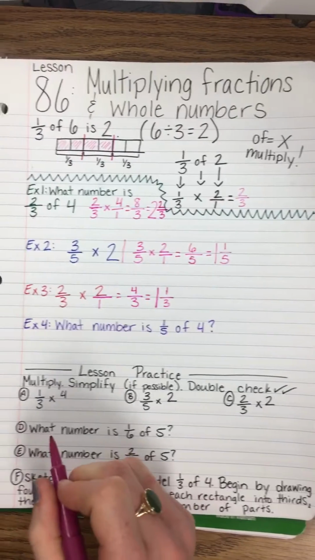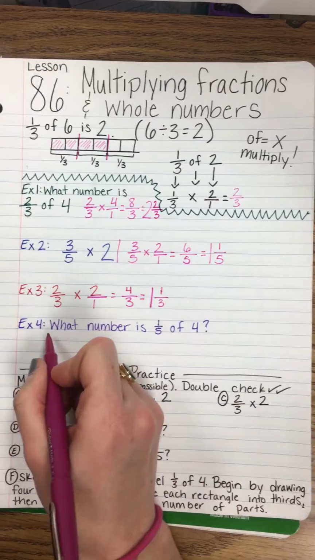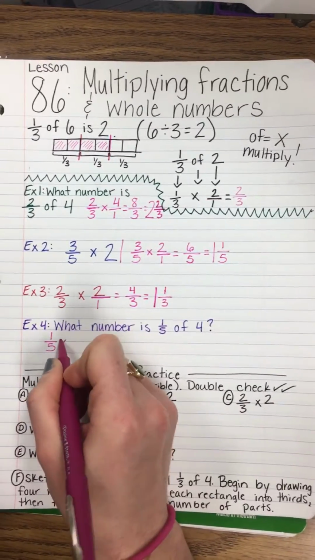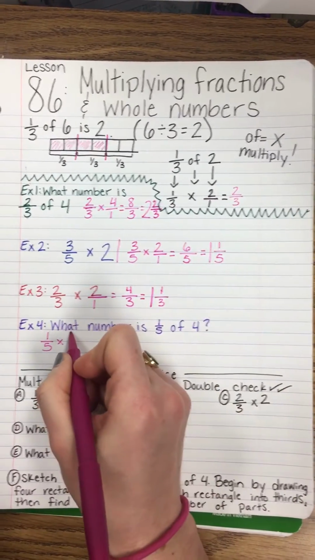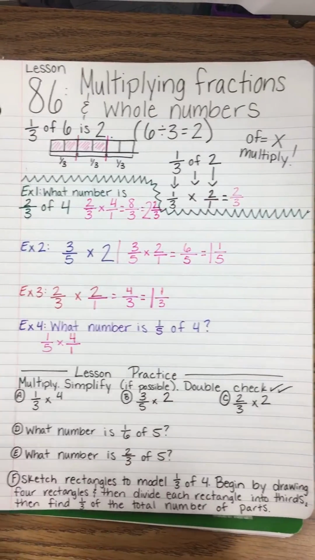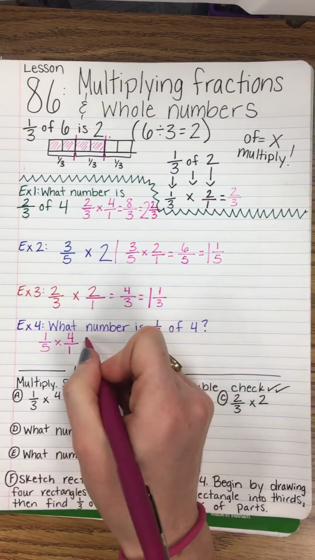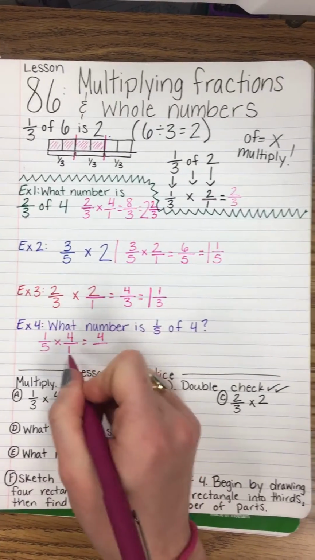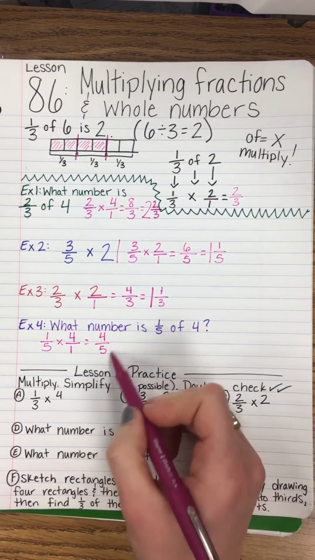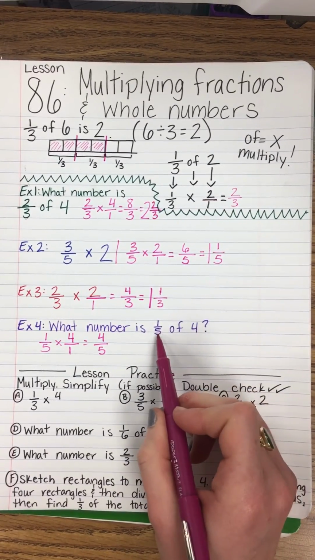And for the last example, what number is 1/5 of 4? Well, we know we've got 1/5, and we know that of means multiply, and then we've got 4, but we know how to change that into a fraction. You just put it over 1, and then you've got 1 times 4 is 4, and 5 times 1 is 5. And you can tell that this was not going to be greater than 1 because 5 is more than 4. So if you're looking for 1/5 of 4,